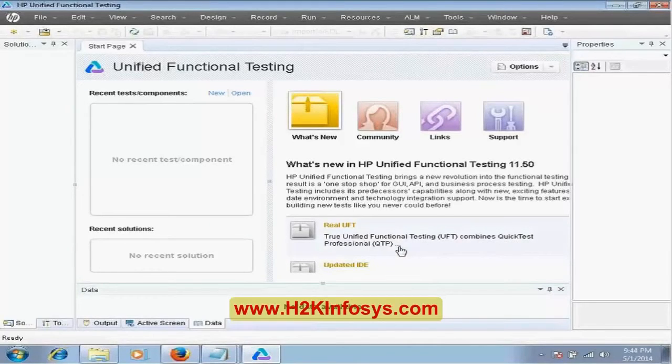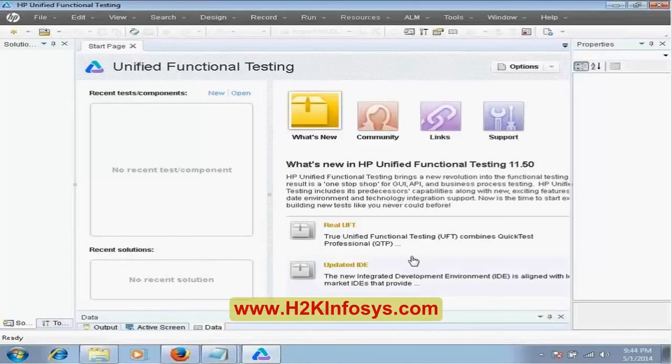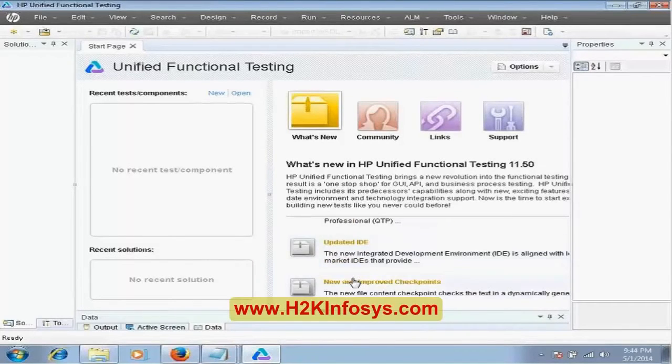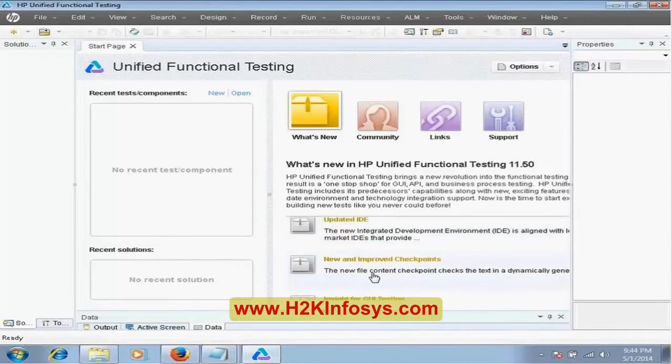And also, what are these new and improved checkpoints in UFT? In addition to the checkpoints we had in earlier versions, they added a couple more, like the content checkpoints, like how you're going to verify the PDF files and other stuff. And also, this is another recording they added, insight recording, and then they added some of these browsers like Firefox,